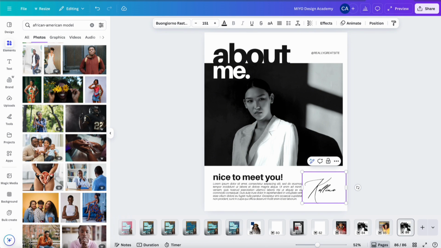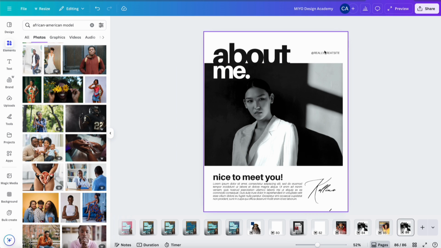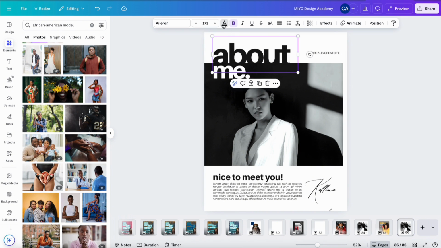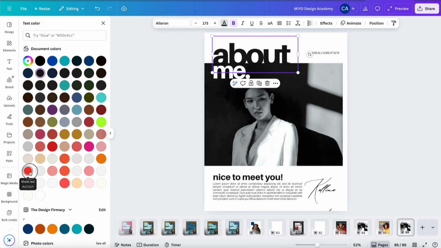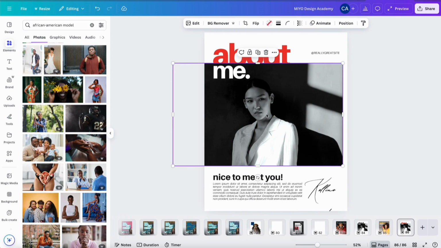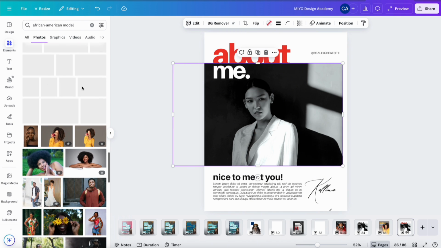Did I spell her name wrong? All right, so Colleen M. We have our about. So I actually want to change that to the red color. And then I'm going to copy the hex code for that. That way,